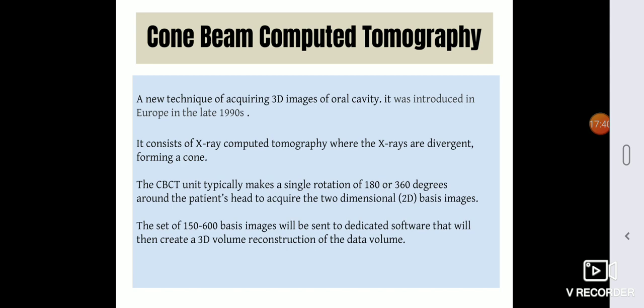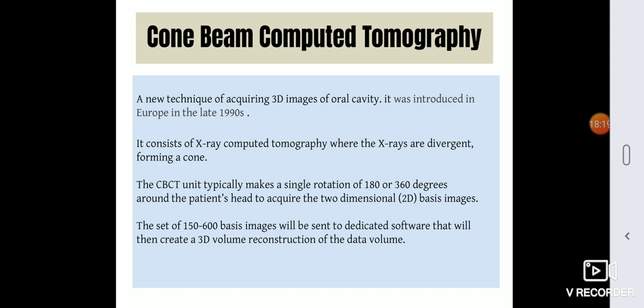Next is the cone beam computed tomography or CBCT. This is a new technique of acquiring the 3D image of the oral cavity. It was introduced in the late 1990s, and the main advantage with this is the ability to view and analyze three-dimensional images of the patient's oral and maxillofacial structures. Now, this overcomes the problems with magnification and the superimposition of structures, which was seen otherwise with the conventional radiographs, like the panoramic imaging or